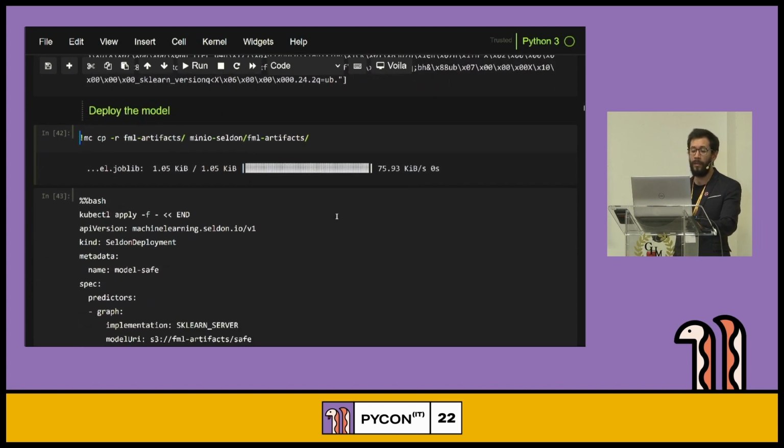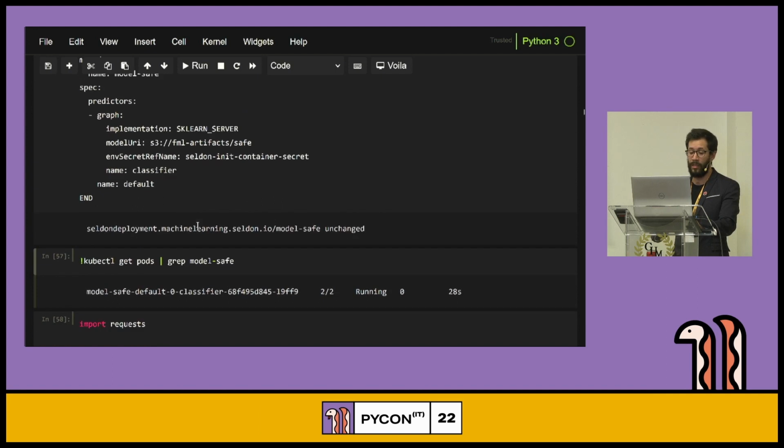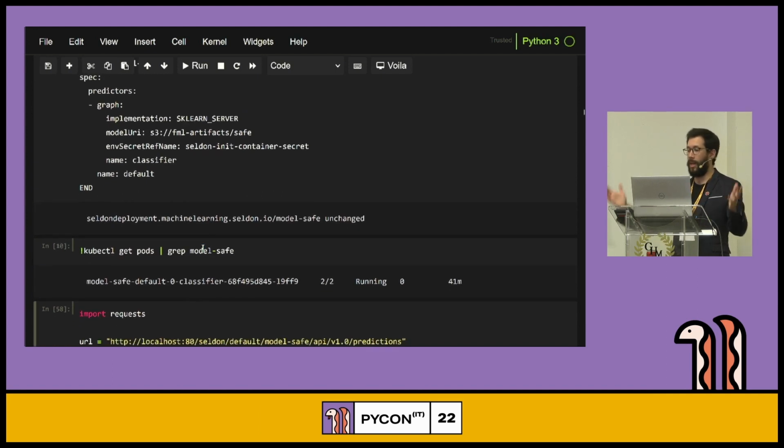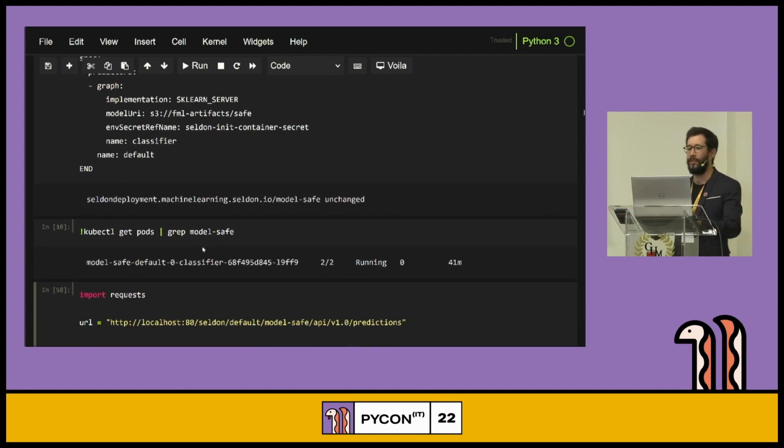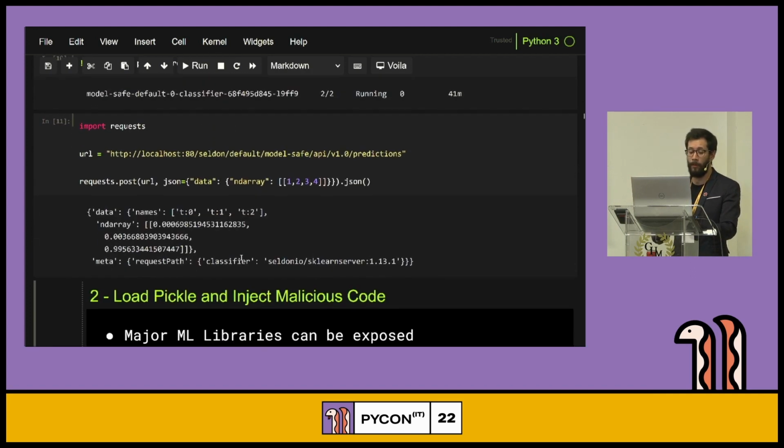So we can now upload it into our bucket and now deploy it, which in this case will be with our Seldon Core component, which again, hand wavy, but you can delve into this, you can try it yourself. We can now see that the model is running, and we can consume that model as we did in the local environment, but instead we can consume it as a service, right? So we're sending that input, we're receiving a prediction, right?